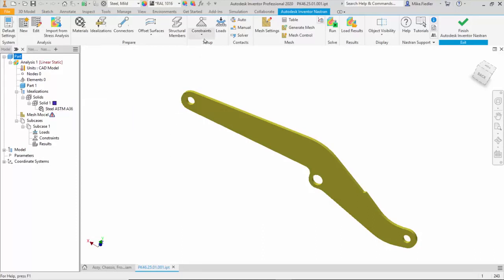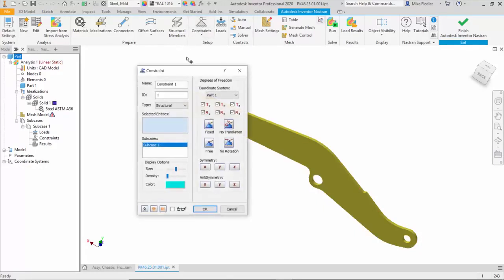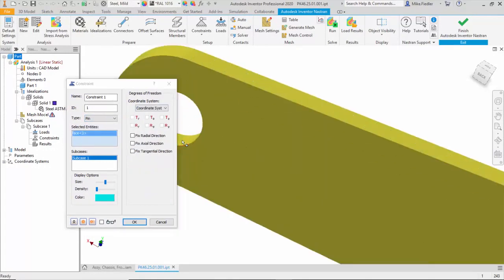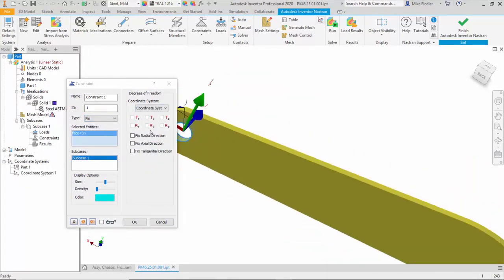So after the material, again, you need to have some sort of constraints, you need to have loads, and the mesh. So for the constraints, this end of the model is where the bucket was, and then the attachment points to the rest of the assembly were via these two holes here. So I'm going to apply my constraints here. And in this particular case, I'm just going to say that I need a constraint, and I'm going to change from a structural to a pin constraint,